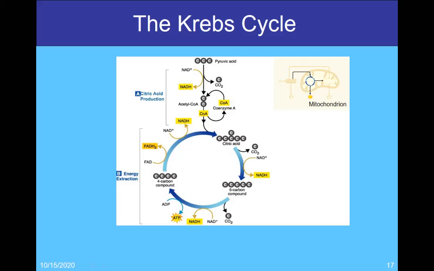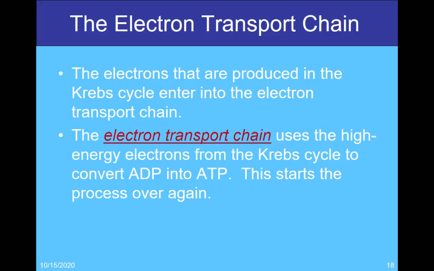All right. The final stage of cellular respiration is what we call the electron transport chain. And I know you're saying, Kenna, but you already said the electron transport chain was part of the light reactions in photosynthesis. You're right. And this one looks incredibly similar. But in this particular case, we don't have photosystems to give the energy to boost the electrons to carry out the electron transport chain. So in this case, we're going to use the energy produced by the Krebs cycle to power the electron transport chain. It's going to use those higher energy electrons from the Krebs cycle to convert ADP into